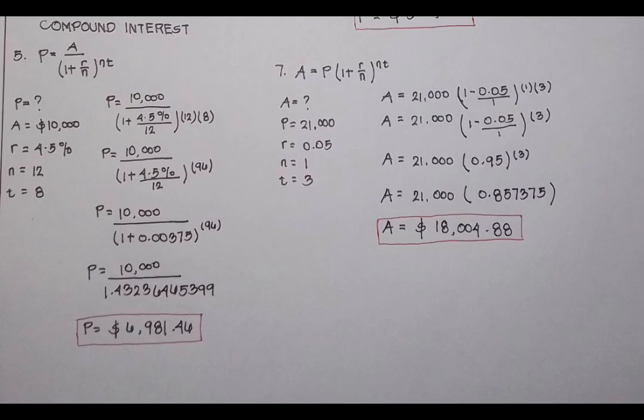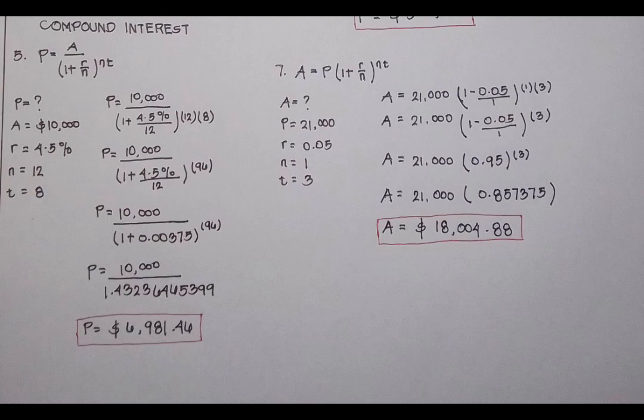Compound interest number 5. P is the missing. So P is equals to A over 1 plus R over N raised to the power of NT. So P is equals to 10,000 over 1 plus 4.5% divided by 12 raised to the power of 12 and 8. So P is equals to 10,000 over, so we divide the 4.5% divided by 12 plus 1 is equals to